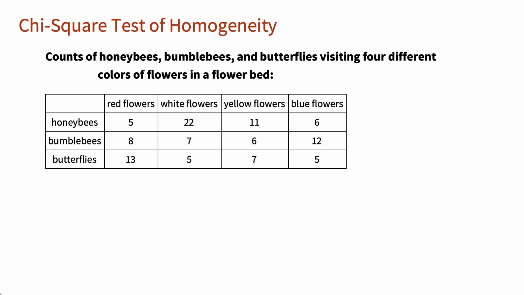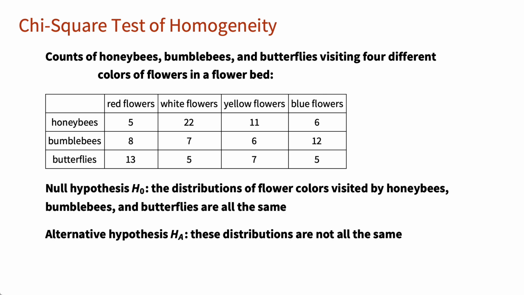The data consist of counts of the numbers of honeybees, bumblebees, and butterflies observed visiting each of 4 different colors of flowers. The null hypothesis is that the distributions are all the same, and the alternative hypothesis is that they are not the same. To work out the counts that are expected under the null hypothesis, it is convenient to